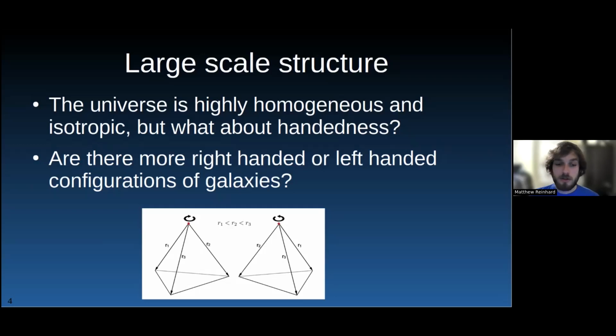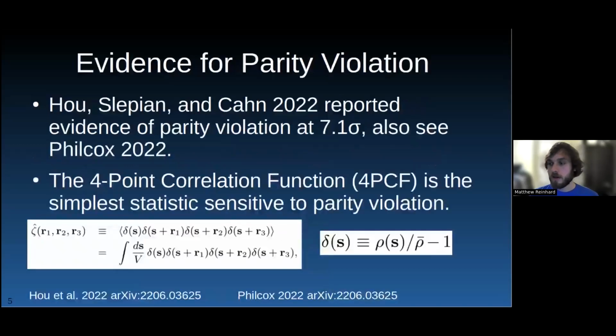So a natural question one might ask is, are there an equal number of left or right-handed galaxy configurations? Or is there an imbalance? In a paper published in 2022 by House, Slepian, and Kahn, they actually attempted to answer this exact question. They made a measurement of the 4-point correlation function using the BOSS galaxy survey data, which is the simplest statistic